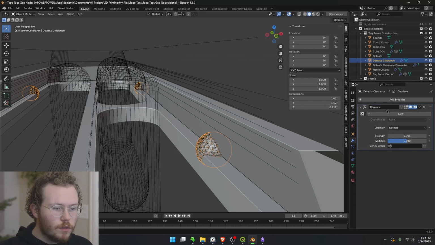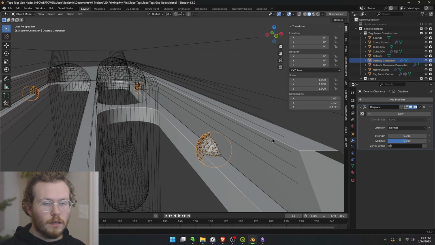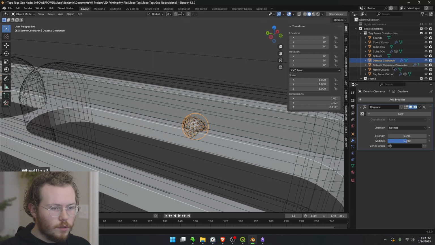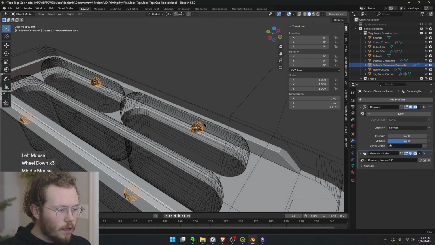So I'm just using a displace modifier with the strength set to 1,000th. This means that it has a uniform displacement or scaling over every point of 1,000th of its size. So it's generally a pretty good way to get tolerances in objects,